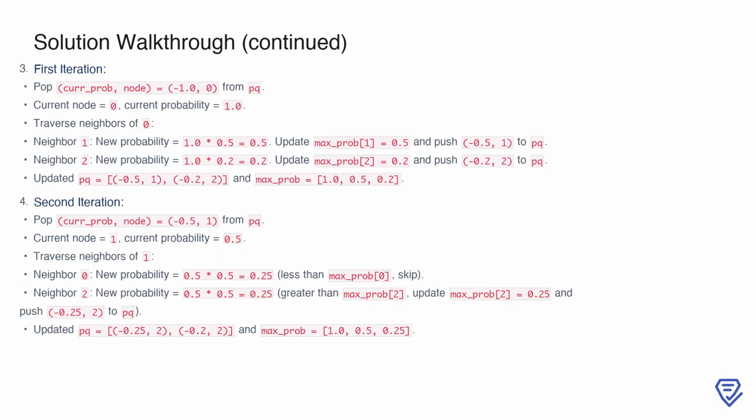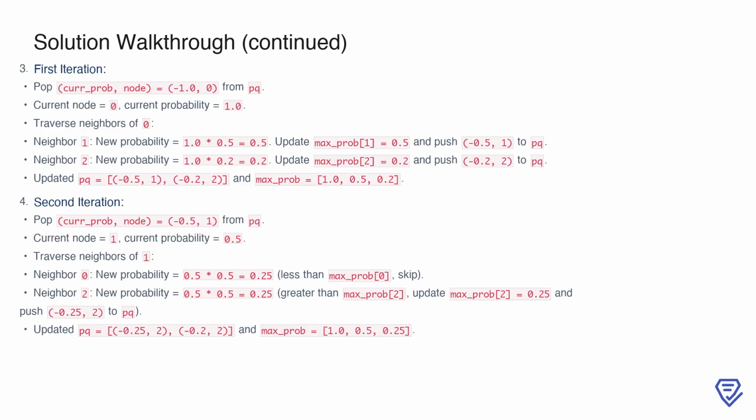Starting the first iteration, we extract the node with the highest current probability from the priority queue, which is node 0 with a probability of 1.0. For each neighbor of node 0, we calculate the new probability of reaching that neighbor by multiplying the current probability with the edge's success probability. For neighbor 1, this results in a new probability of 0.5, which is greater than the current maximum probability for